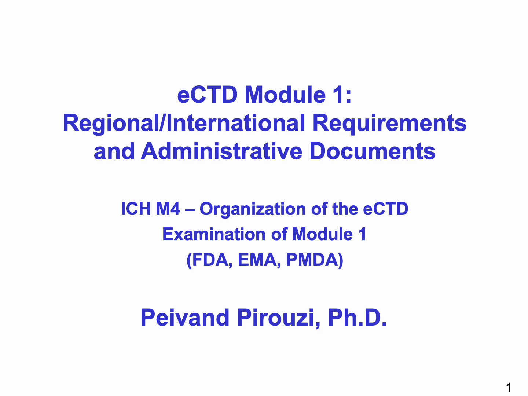Today we are going to look into ECTD Module 1, which is related to the regional and of course international requirements and administrative documents. What we're going to see and talk about today is ICH M4, again the guidance document from the International Council of Harmonization, where you can find the information on their website at ich.org.